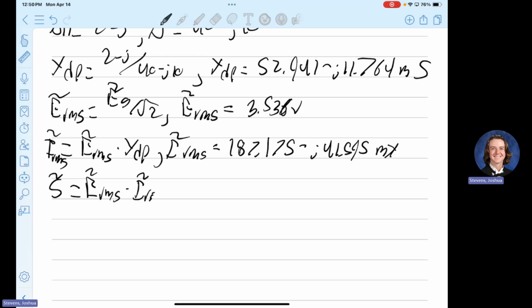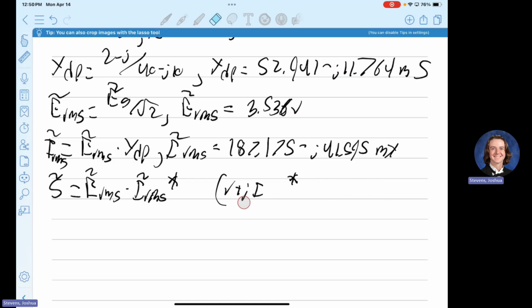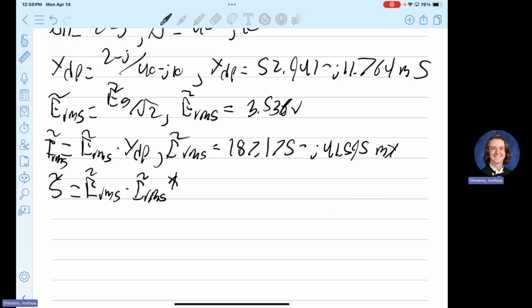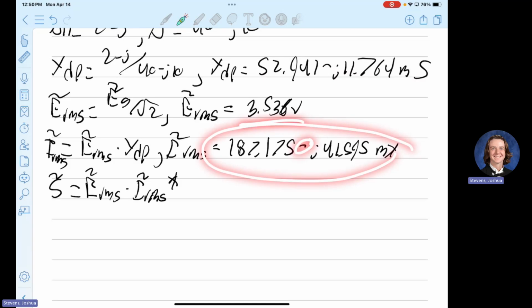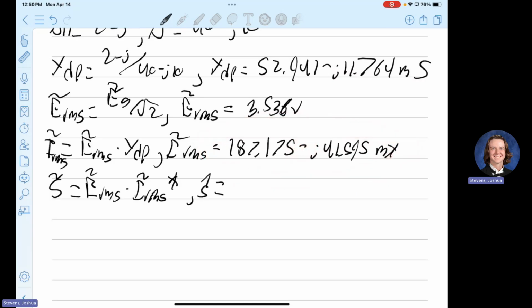The I. Conjugation just means if you have a real plus j imaginary, if you conjugate that, it becomes real minus j imaginary. Just flip the sign. So when I multiply this value by the conjugate of that current, I get an S of,